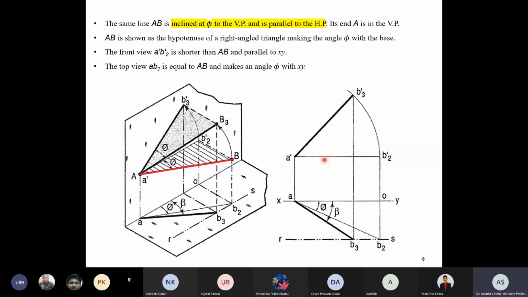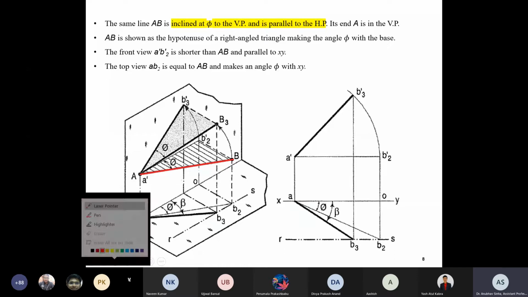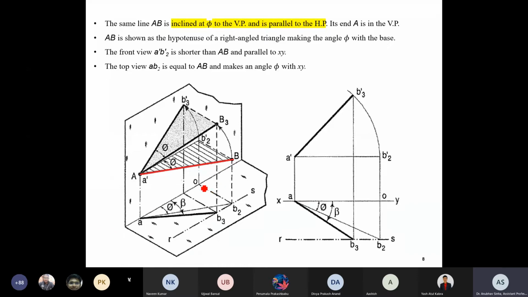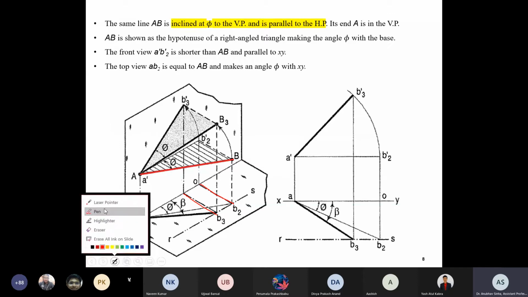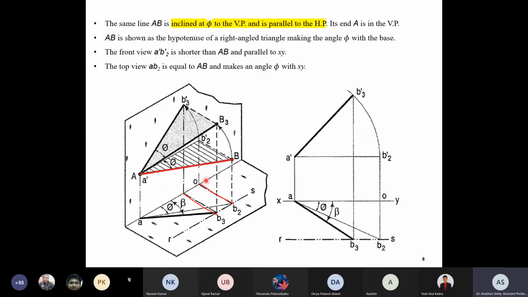So you can see the projection. This height will remain constant that you see in a projection here. This height, let me make it for you. In a similar way, this height will remain constant. This is the height of the triangle that I have cut out. This will remain constant and this length will remain constant. AB3 will be equal to AB.